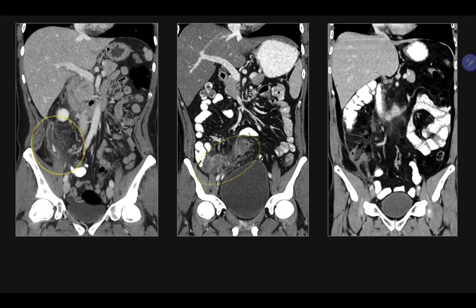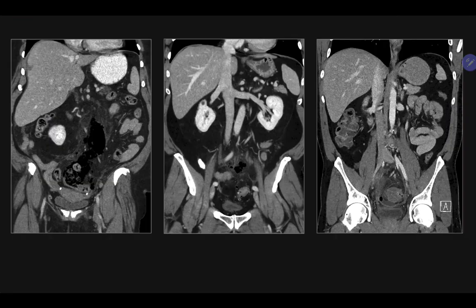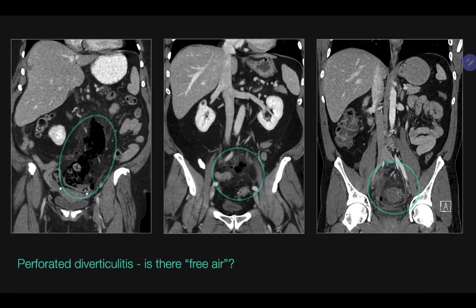In these three cases of perforated appendicitis, for example, let's ask ourselves, is there free air? The fluid, inflammation, and air are largely, if not completely, confined to the right lower quadrant. And similarly, in these cases of perforated sigmoid diverticulitis, we can ask ourselves, is there free air? And again, the fluid, air, and inflammation are confined to the pelvis and mesentery. Of course, there can be larger perforations causing air in the upper abdomen and below the diaphragm, but this is